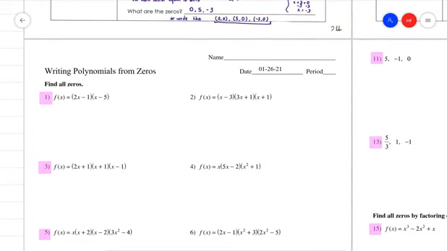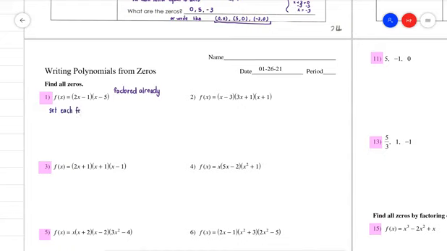So on this first section is to find all the zeros, and that's what we're going to be doing throughout this worksheet. But on this first section, we're given our polynomial in factored form, our function. So this is in factored form already for us. So when we have something that is factored already and we want to find the zeros, we use the zero product property. And so what we're going to do is set each